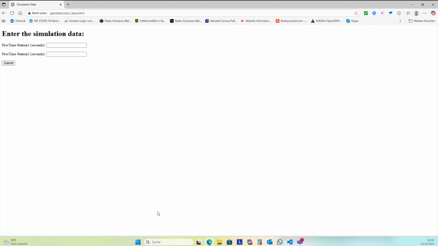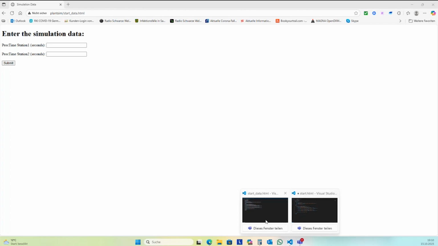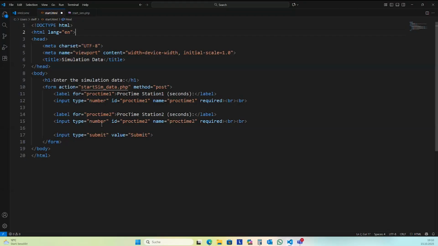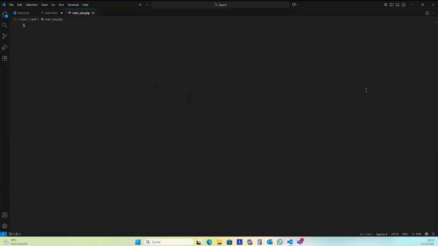And then we start with the PHP file. This file consists of programming and HTML code.